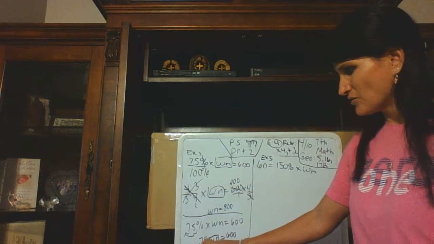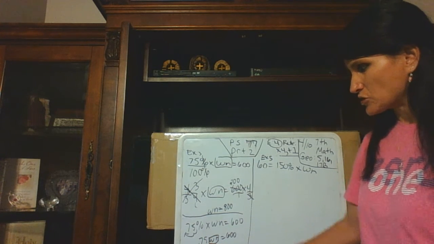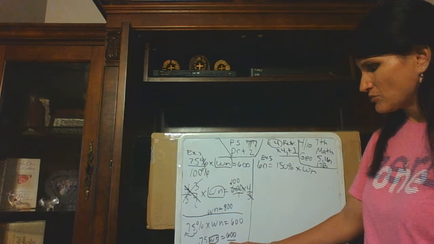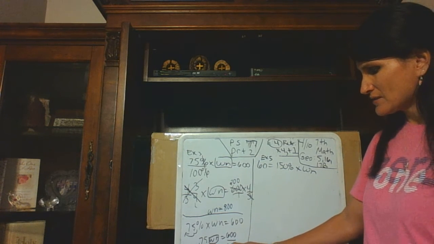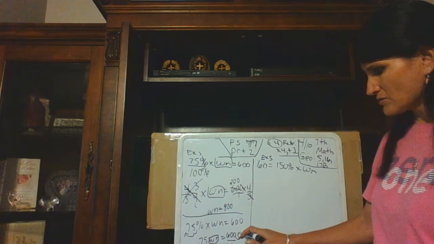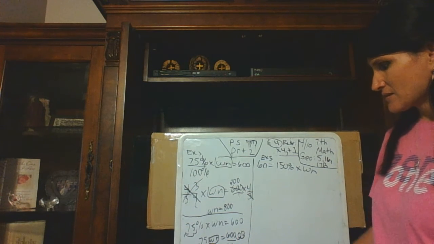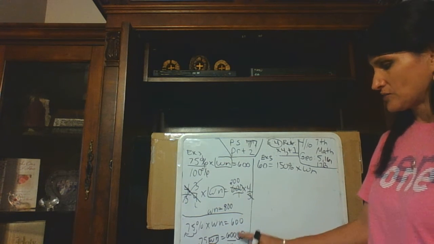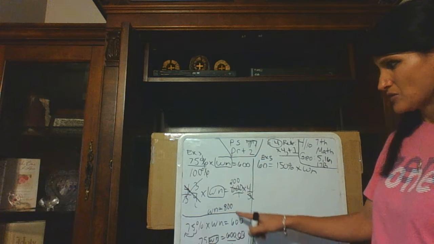And you could divide by 0.75 if you choose, rather than making it a fraction. But if you do it this way, you have to make this a whole number, 1, 2. So you would get 60,000 divided by 75,